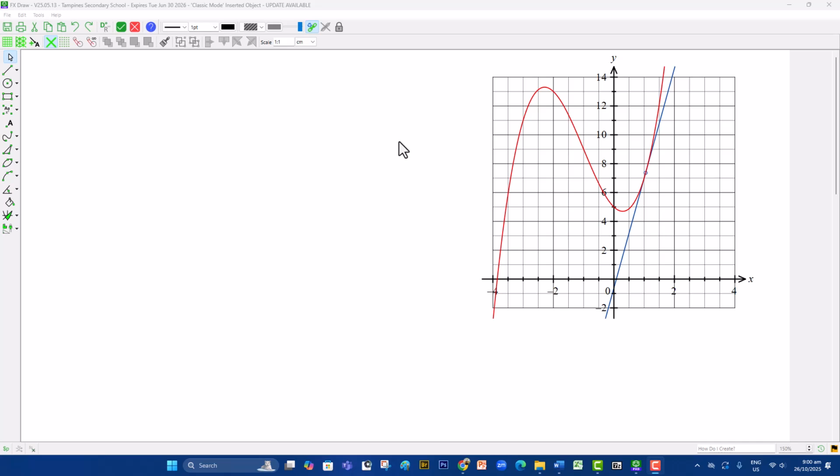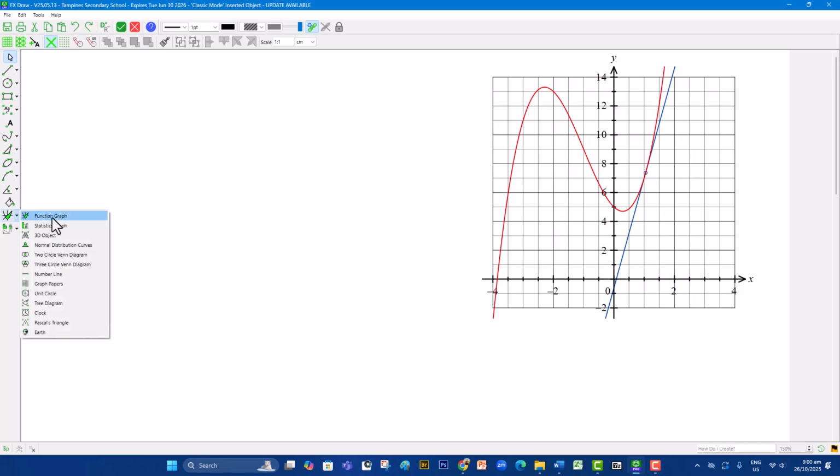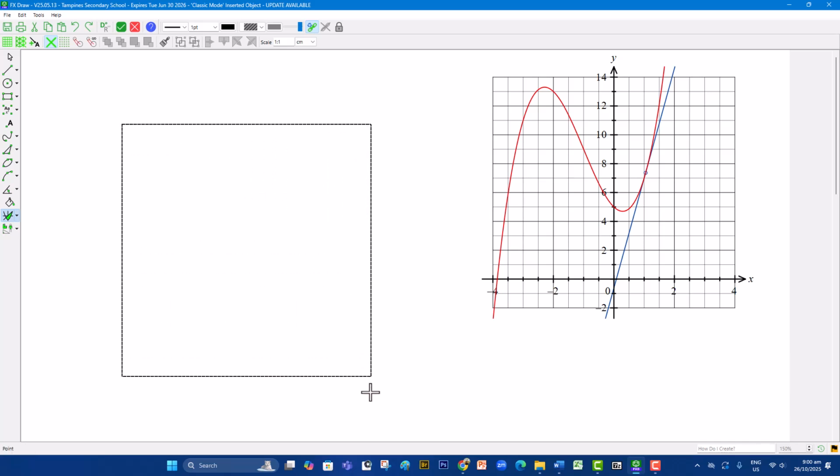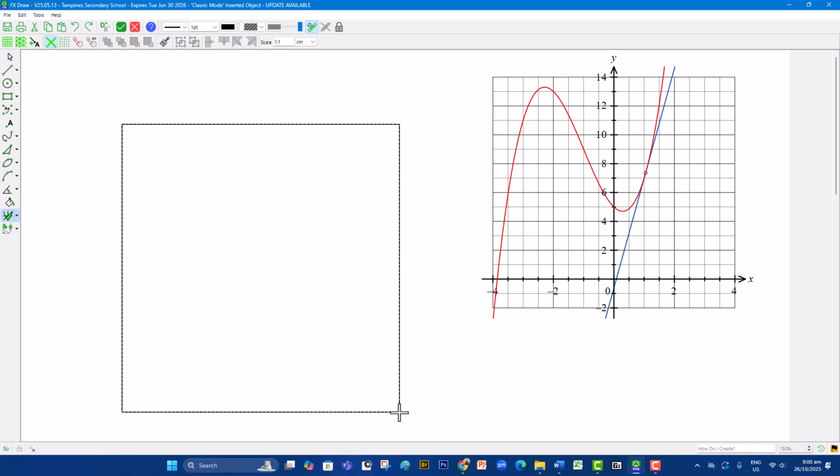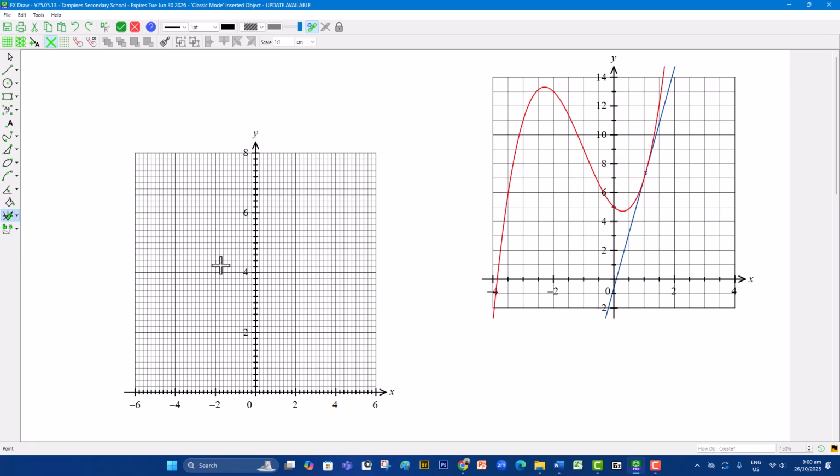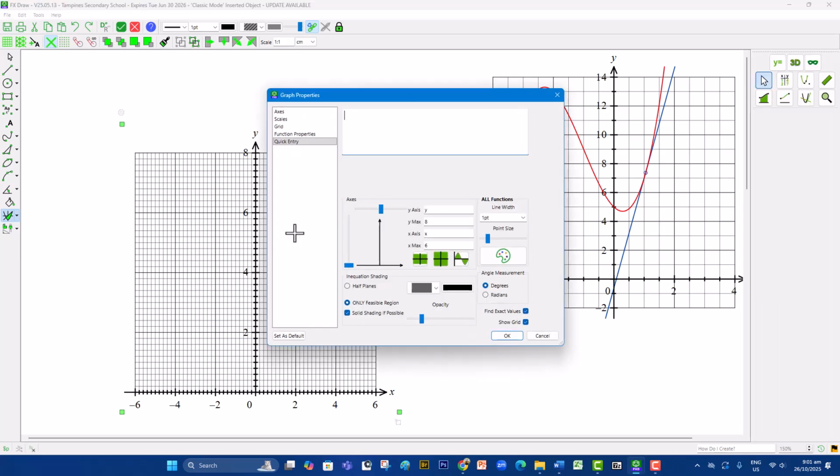In this video, we are going to draw a cubic function using the function graph tool here. So select the first one. What we'll do is we will click and drag to the size that you want. Okay, so your diagram will be different from mine, but we can adjust this by doing a right click, and